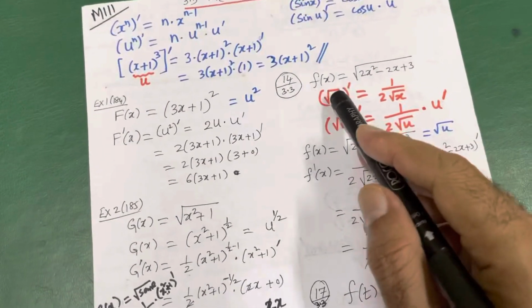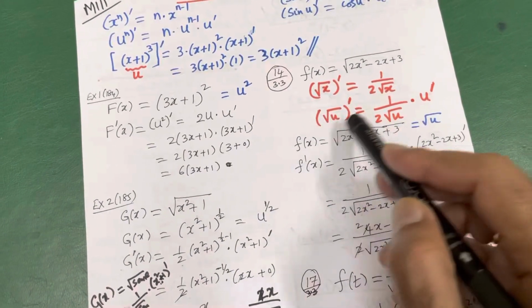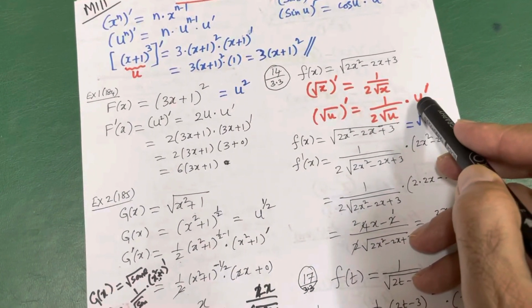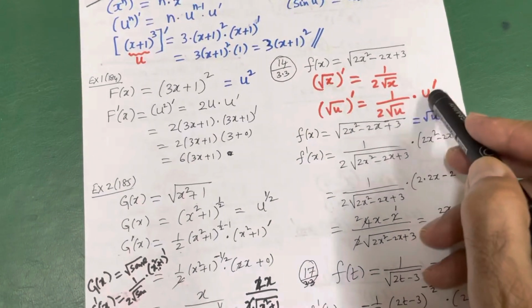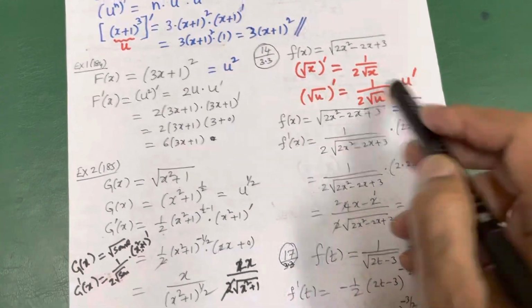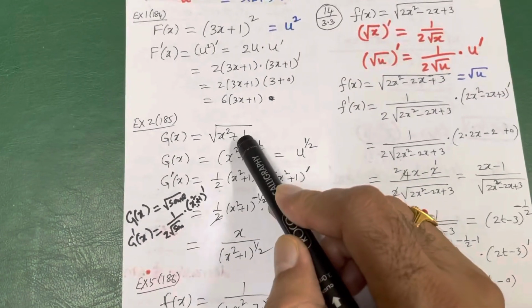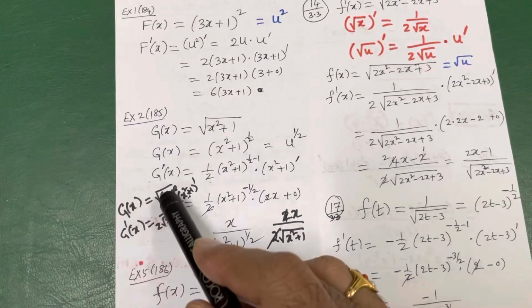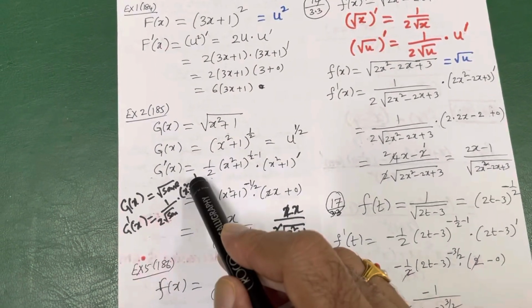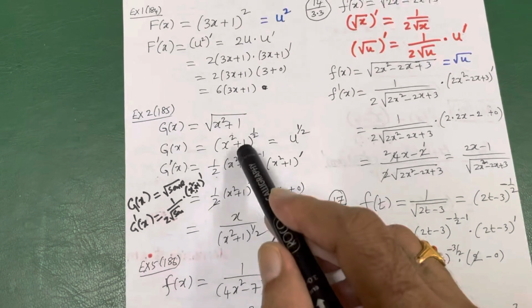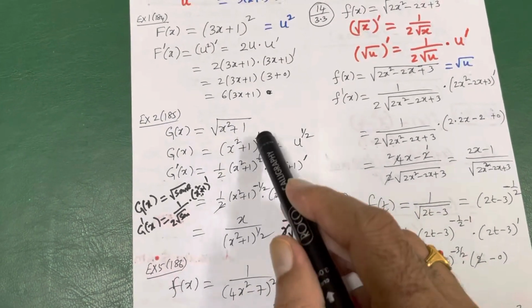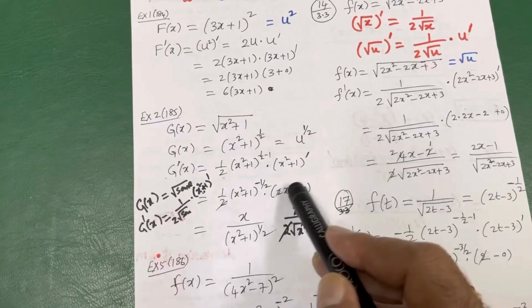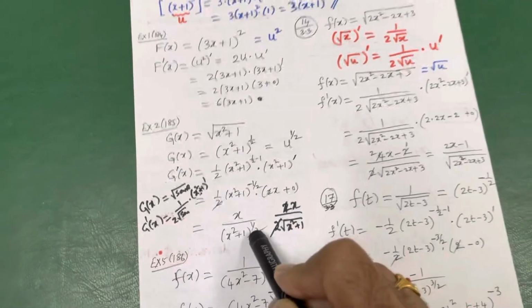See this, the derivative of root x is 1 over 2 root x. The derivative of root u is 1 over 2 root u multiplied by u prime. Anything other than x, you should add an extra u prime. So you read this as the derivative of root u is 1 over 2 root u multiplied by the u derivative. Otherwise you do the traditional way, reciprocal, then this multiplied, and then bring the minus power down like this.